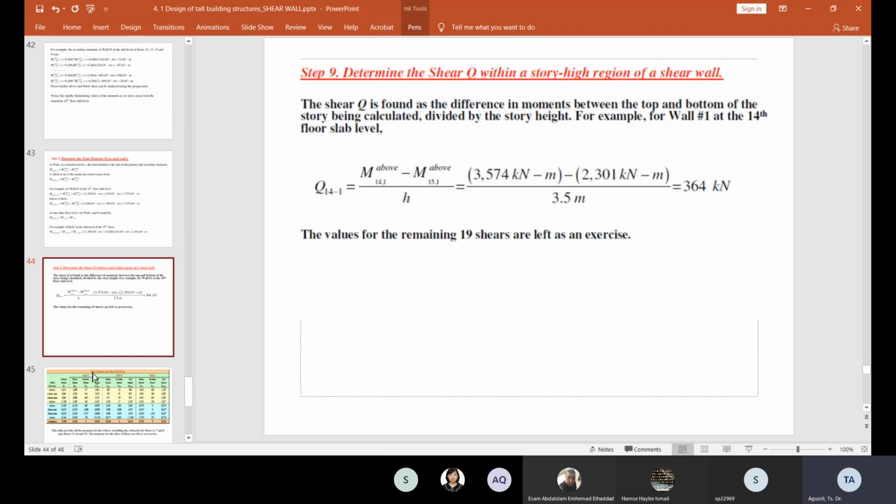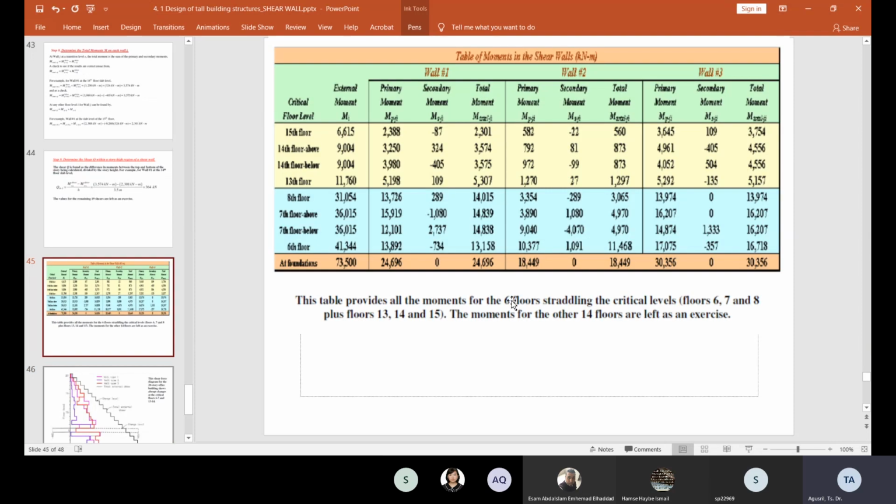Okay, and then the total for the three walls, you can see in this table. You can see this table for the 14th floor, above and below, and then 15th floor, and then 13th floor. Okay, you can see in this table. And then this is the total moment,